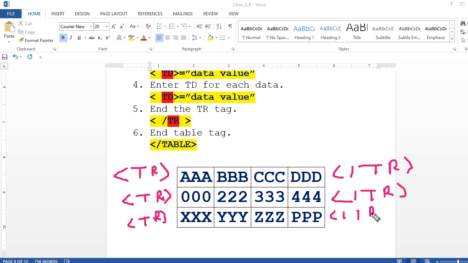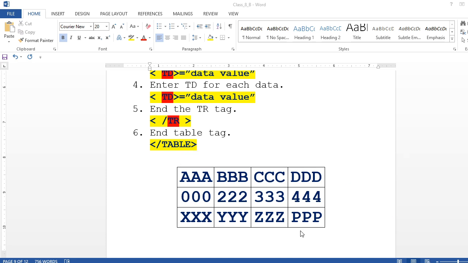So I have to write the table row tag three times, and in each table row I have to create td tags. This is a data, again here I write td, this is b data, and like that it goes for the first, then again td for the second one, again td for the third one. Okay, I'm going to show it to you in an example, understand?